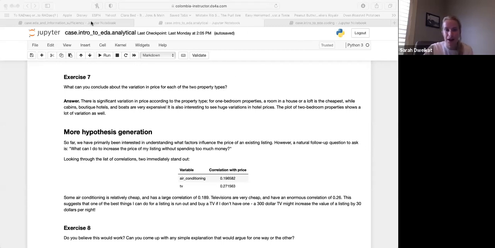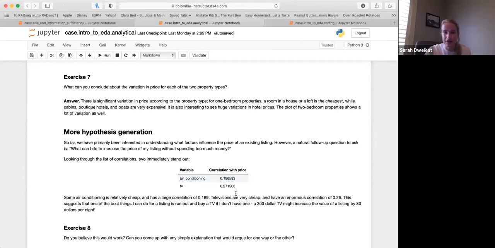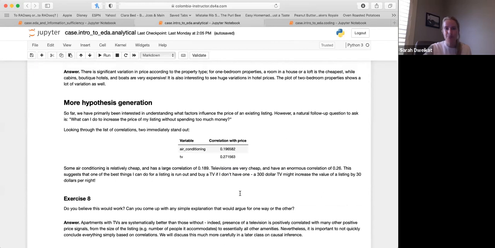Yeah, the TV, it's tough to know with that too. The TV seems to have a slightly higher correlation. So let's talk about that. You all have been doing a really great job following this idea that we won't just rely strictly on the numbers. So first observation, correlation is not super high here. We talked about this, and there were some helpful tables in the live chat about what we would call a strong positive relationship or a weak positive. So this is about 0.2 and 0.27. They are positive relationships, but not super strong correlations.